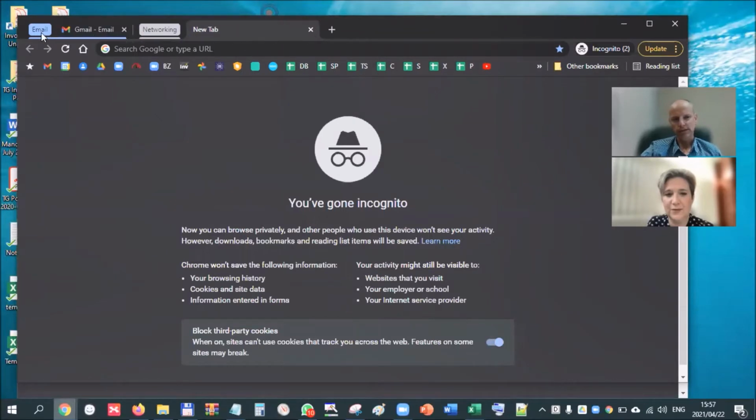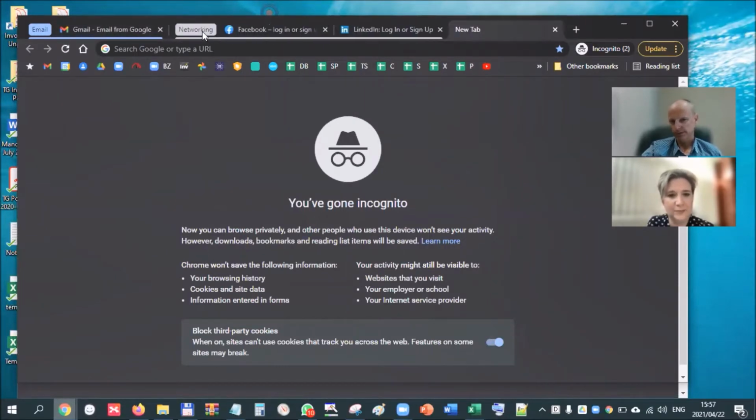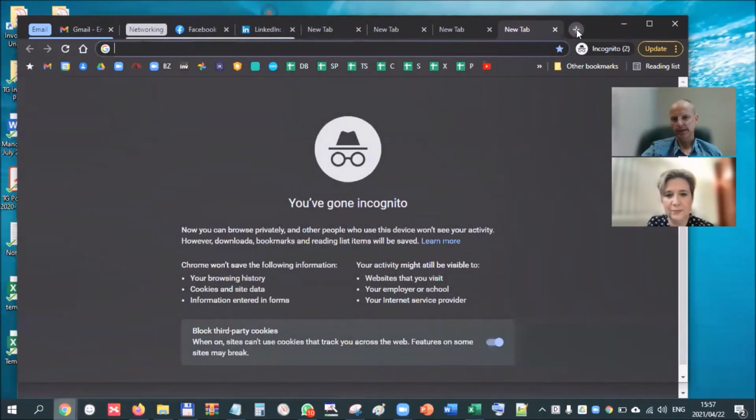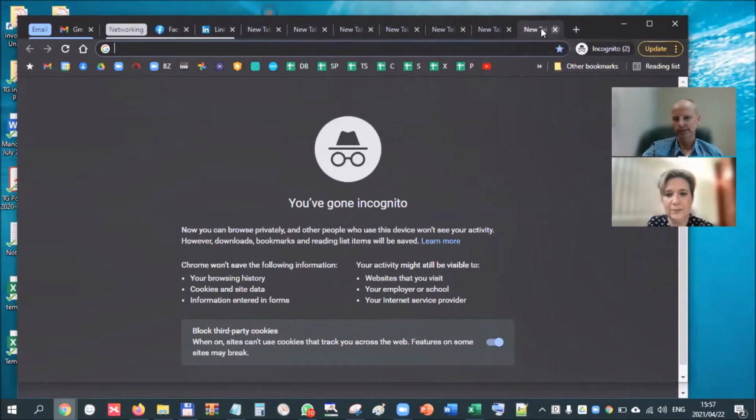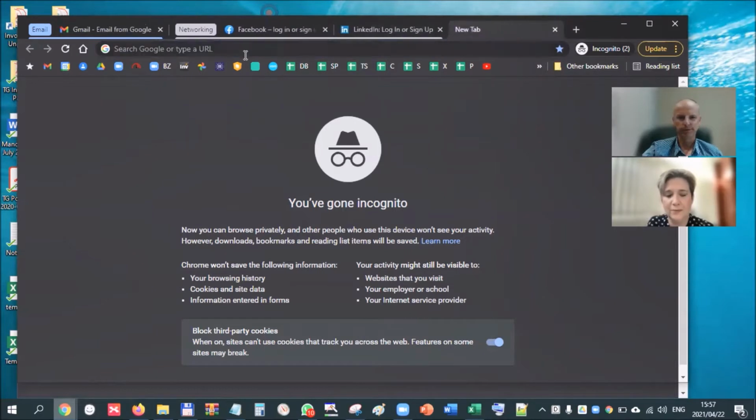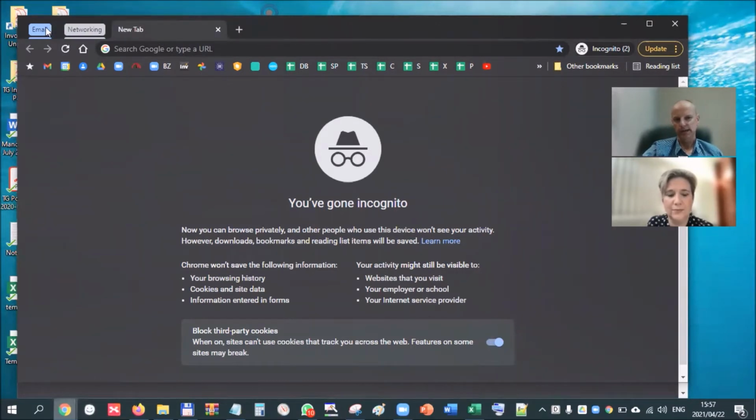Now, the challenge that a lot of people have, and I'm one of those people, is that I need to work with a lot of open tabs every single day. And when you open too many tabs, your browser becomes very cluttered. You can't really see anything anymore. It's not very conducive to productivity. So what they've basically done is this ability to take a lot of tabs, group them together and collapse them.